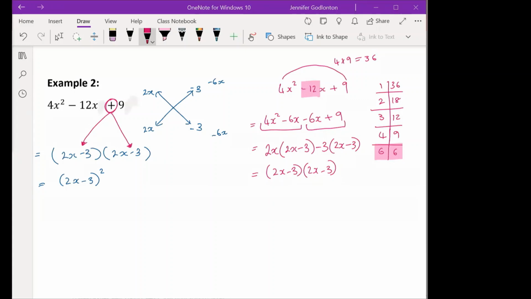So you must do whichever way you feel comfortable with. Is the way that I want you to do it with. If you understand crisscross better, you do crisscross. If you understand the way I've just done on the right, you do the way on the right.